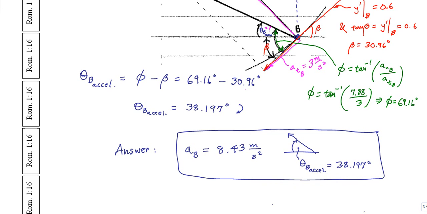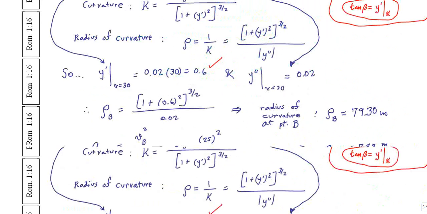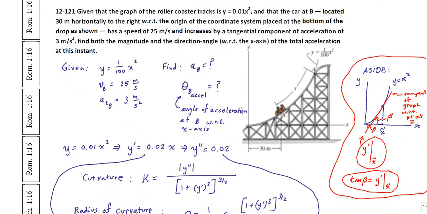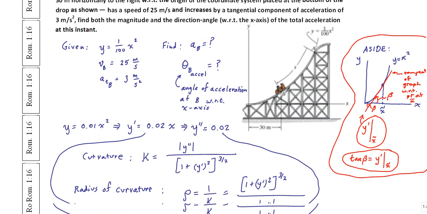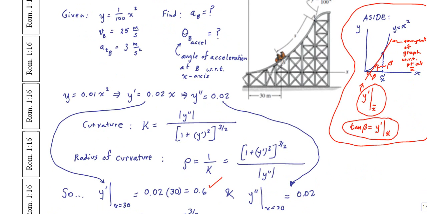So again, this was a pretty nifty problem. Also, let's just talk about what we did here. We listed what we were given. We said in terms of symbols what we need to find. We then drew upon some of our knowledge in basic calculus, namely that the slope of the tangent line is the y prime, and then geometrically or trigonometrically we can find the angle it makes with the x-axis corresponding to that. And then we also drew upon our knowledge of this idea of curvature,